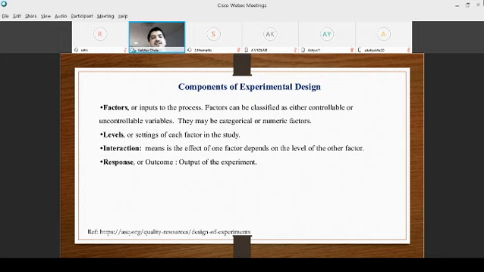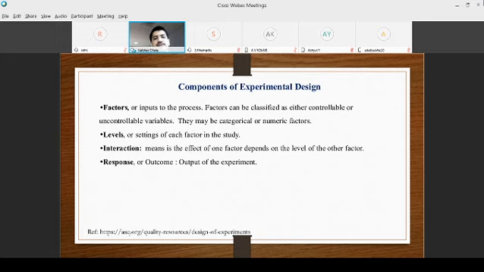That means if I'm making use of milk, and I'm taking one brand of tea powder, its effect on the taste will be different. If I go for a second brand which is of high quality, a little bit expensive, and consists of some spices in it, then the taste will again vary. That means there will be interaction between the milk and the tea powder, provided the other factors are kept the same. So, response.